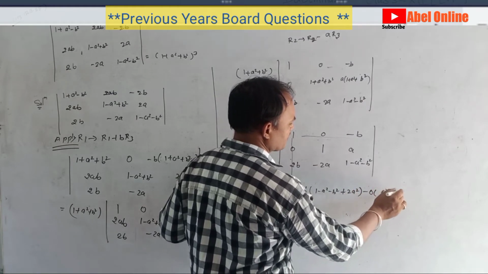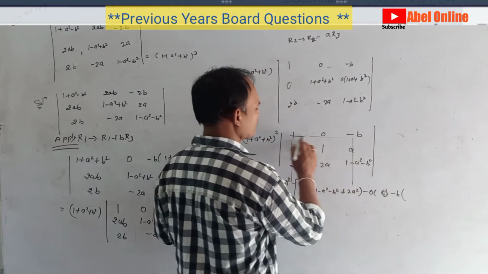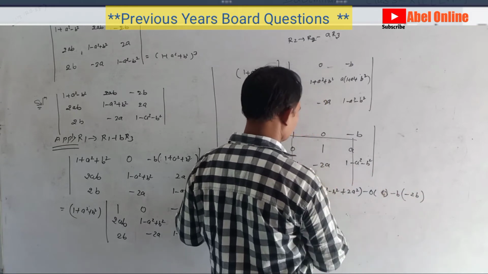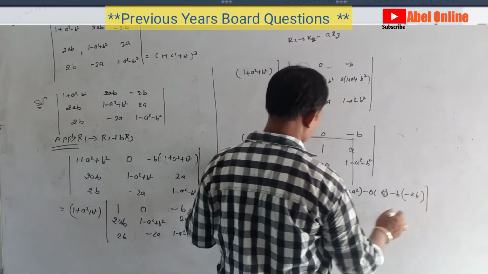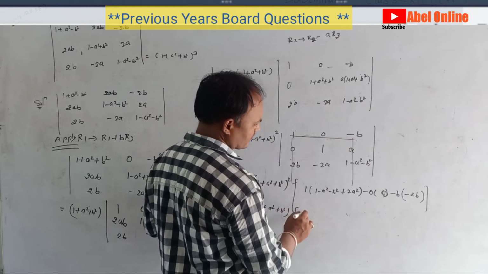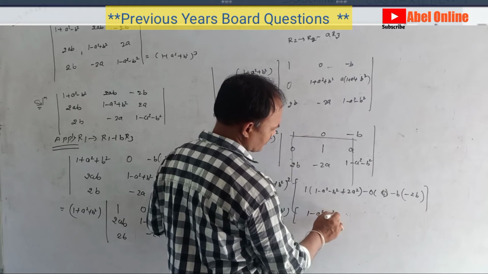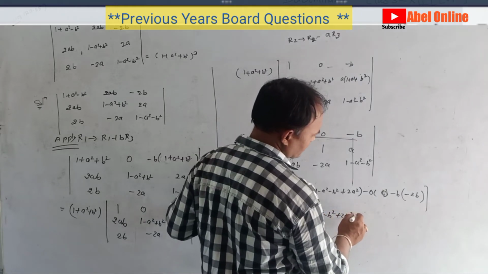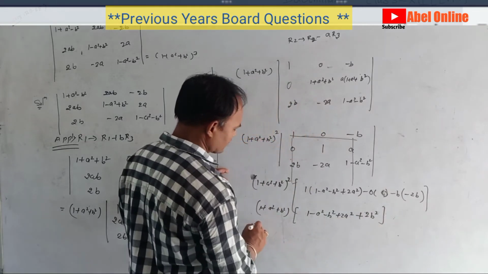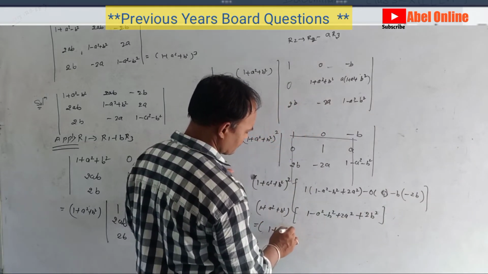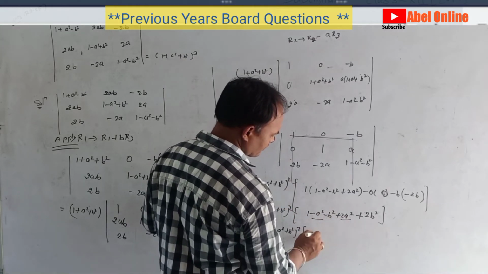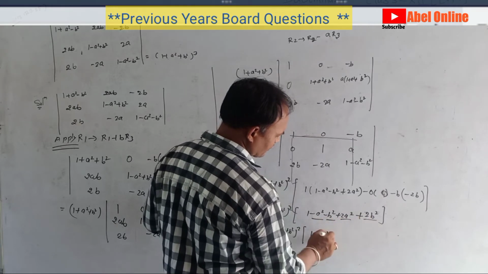What about here, it is minus b, so when we are using minus, so we can say that it is 0 minus 2b. What about here, it is 1 plus a square plus b square, and it is here 1 minus a square minus b square plus 2a square, it is plus 2b square. So what about here, it is 1 plus a square plus b square to the power 2, and it is 1 minus a square plus 2a square, so 1 plus a square minus b square plus 2b square, 1 plus b square.